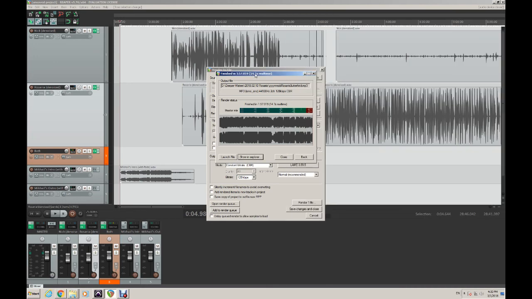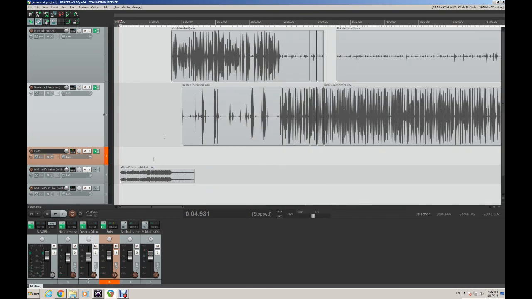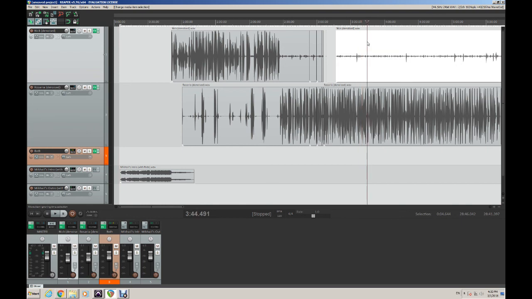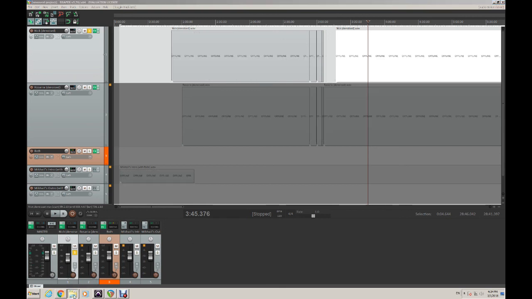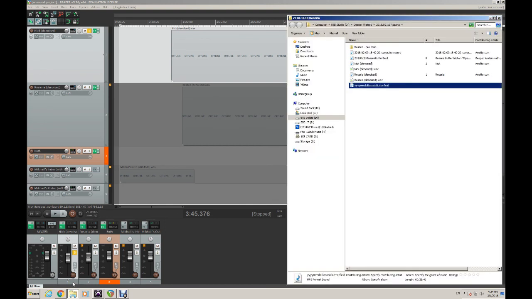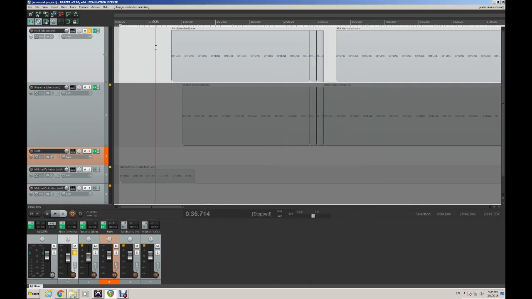We forgot to put a gate onto Nick's track because Nick's microphone recorded Rosaria's voice bleeding from his headphones. His headphones were too loud, I guess, and Rosaria's voice was audible, and his microphone picked it up. So we need to get it out. So let's just delete what we've just rendered, and let's put a gate